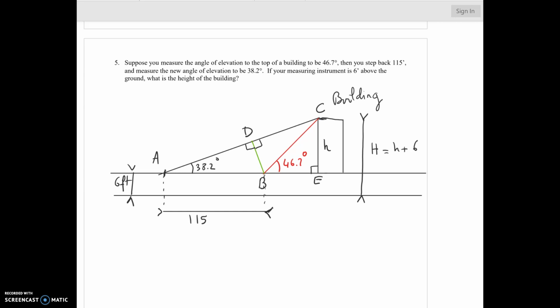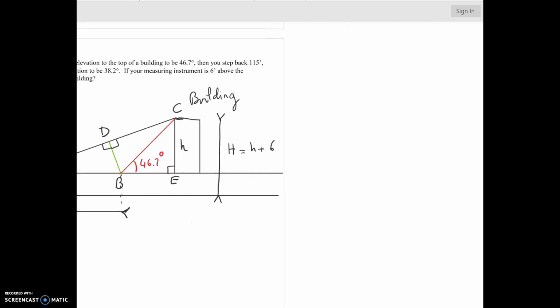Then, I'd like to remind you that what we are looking for is the height of the building. So I'm trying to find H. So if I'm trying to find H, what am I looking for? Well, first of all, what I could say is in my triangle,